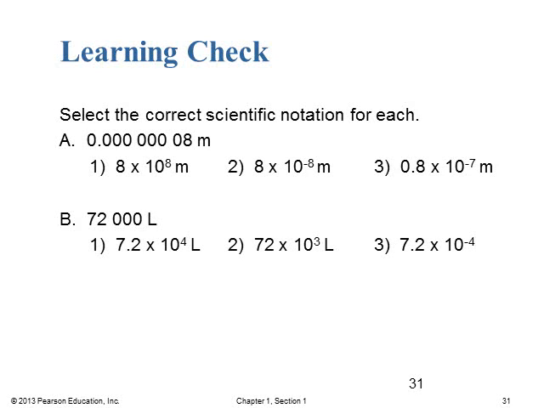All right, so here we see what we're asked to do in this learning check is to select the correct scientific notation for each of these values. So in part A, we have 0.0000008 meters, and we have these three different choices. First off, we should be able to easily eliminate choice 1. It has a positive exponent, so your number should be a large number in that case, and we obviously do not, so we should not have a positive exponent.